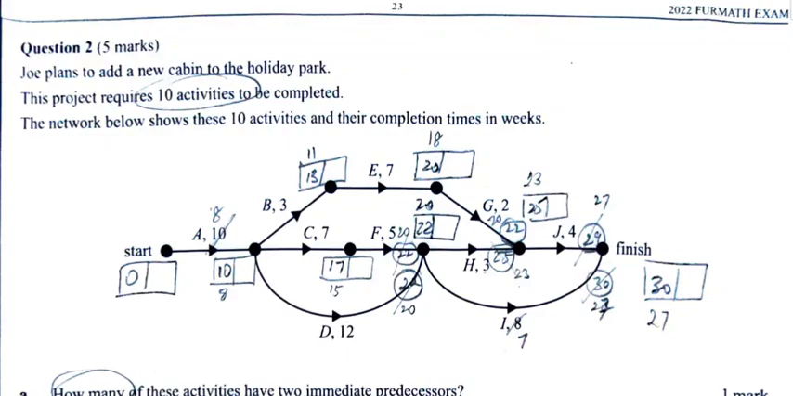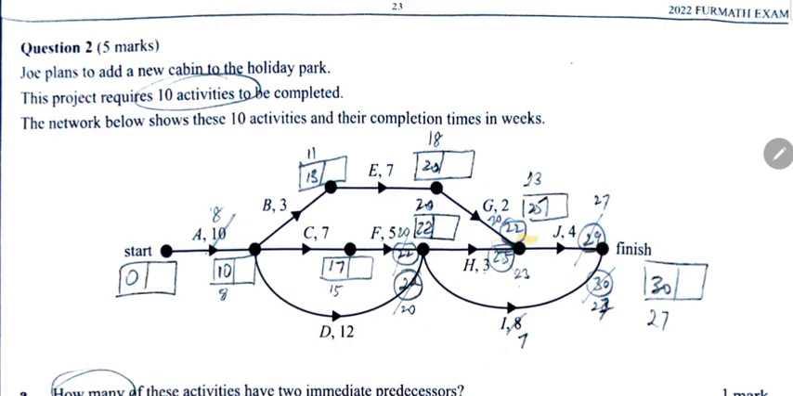Let's look at question 2 of the 2022 paper. Joe plans to add a new cabin to the holiday park, and this project requires 10 activities to be completed, and this shows 10 activities. How many of these, first question, have two immediate predecessors? So as you can clearly see over here,